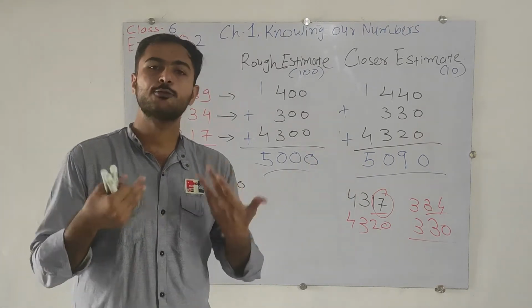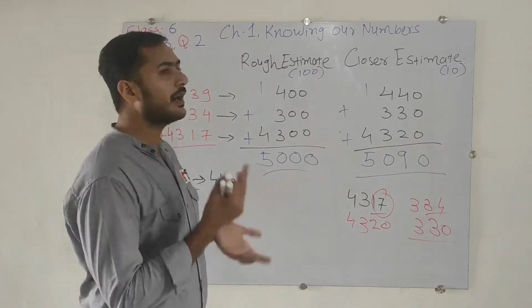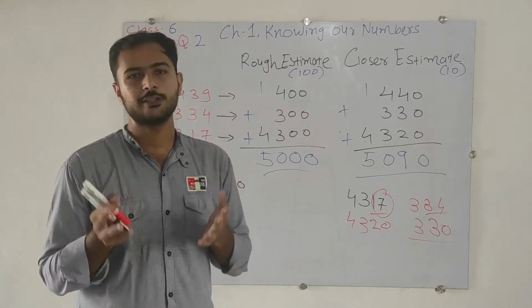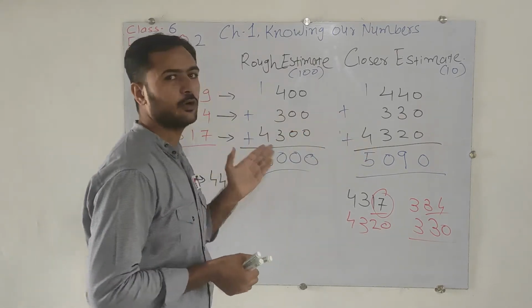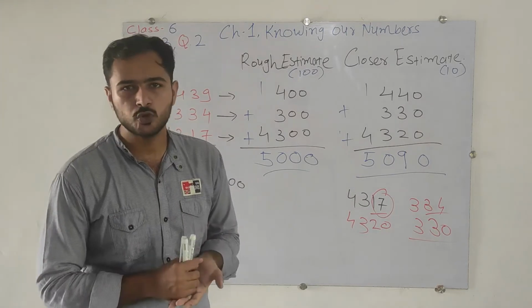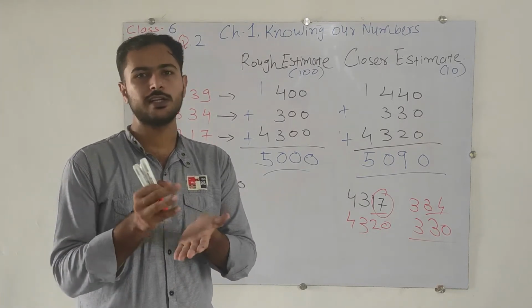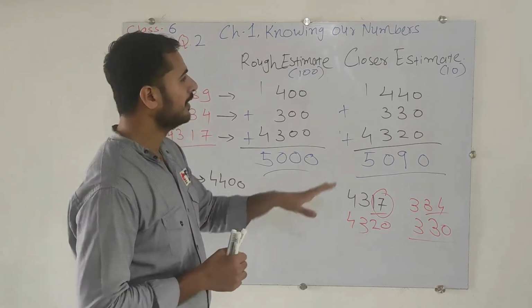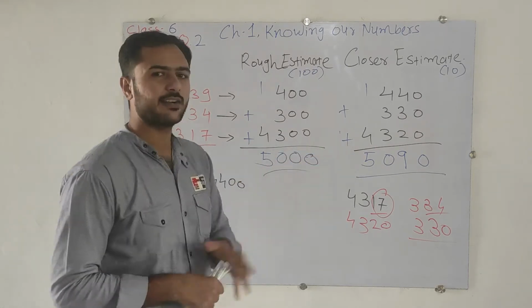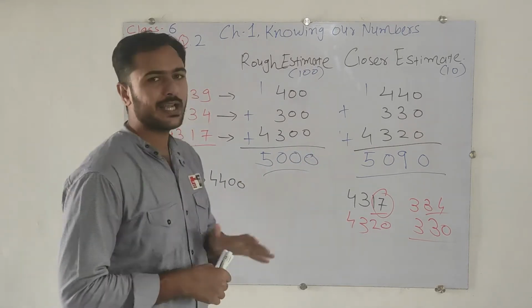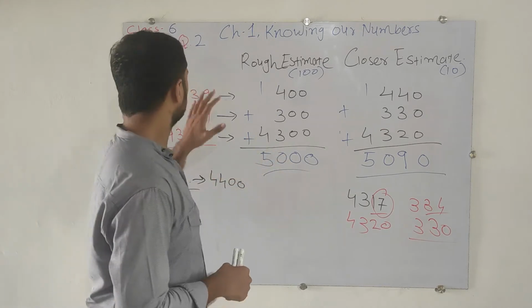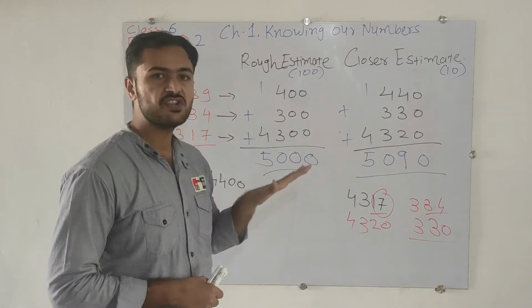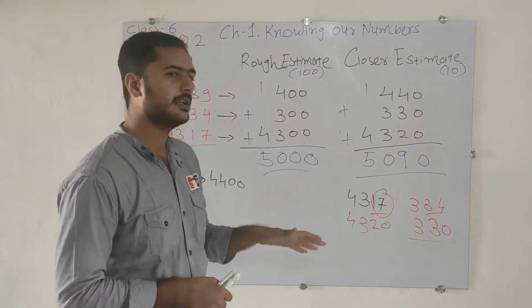Again, if we do the approximation by the 1000s, we will see the difference between the tens, 100s and the 1000s. But here we don't need to go to the 1000s; we have to do only the tens and the 100s. So this is how we can do this question. This is question number 2, sub-question A. Now pause the video and note it down.